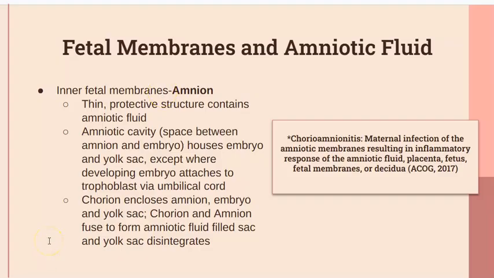The inner fetal membranes are called the amnion. It's a thin protective structure that contains the amniotic fluid. Eventually, the chorion encloses the amnion, the embryo, and the yolk sac, and the chorion and the amnion fuse together. So when you hear those words, chorion and amnion, they're basically just 2 sides of the amniotic sac, which is